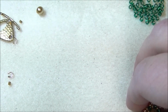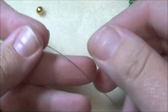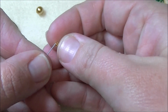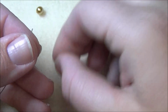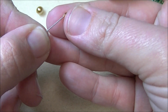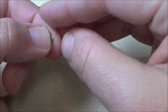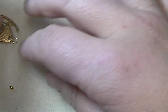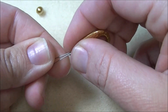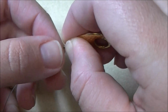So to start off, I'm going to be using a beading wire. This is the Soft Flex 49 strand 0.018 diameter wire. I'm going to start out by threading on a 2x2 crimp tube and a wire protector. I'll go up one side and down the other side, and take one part of my clasp, thread it in here, take my crimp and bring it back up over both wires,